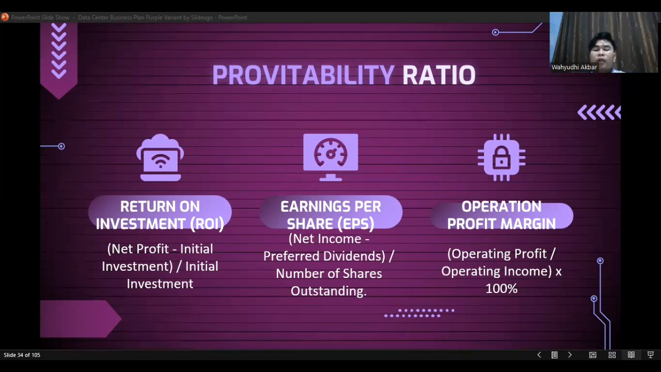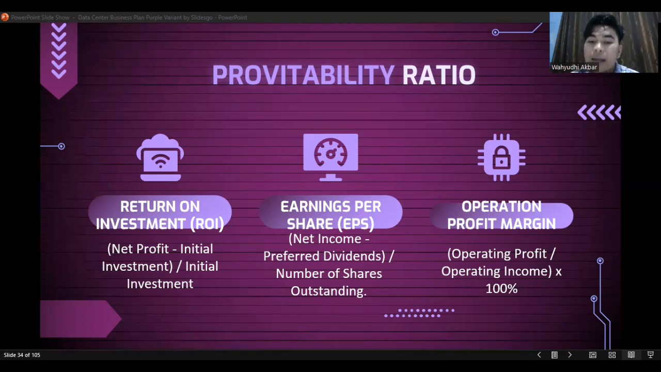The last one, we have operating profit margin ratio. The formula is operating profit divided by operating income times 100%. This ratio measures how much profit is generated from the company's core operations. It is important to remember that each profitability ratio has different uses and